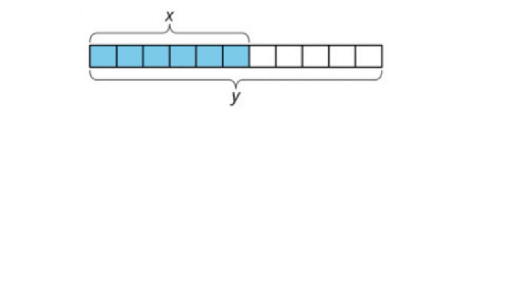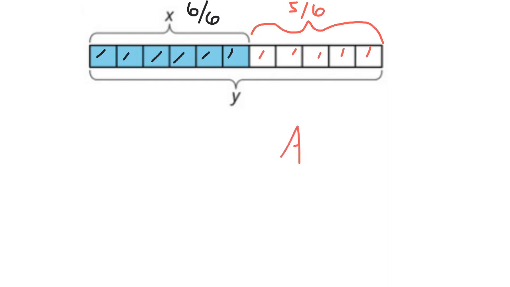So in this problem, the x represents 1, 2, 3, 4, 5, 6, 6 sixths. And we know it's an increase because the y is actually bigger. So it actually increased by 1, 2, 3, 4, 5. So this part here is 5 sixths. So we know that one of our answers is an increase